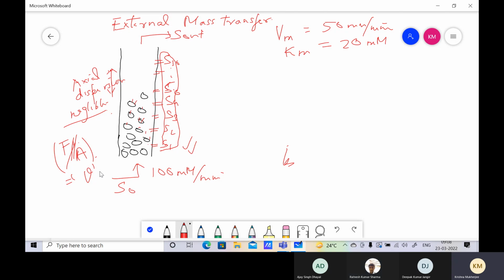So F by area is velocity. So flow rate is known, cross section area is known. When I say area, I obviously mean the cross section area. Remember, this F by area is the superficial velocity, which is when the tank is empty, right? F by area. But actually, there is a